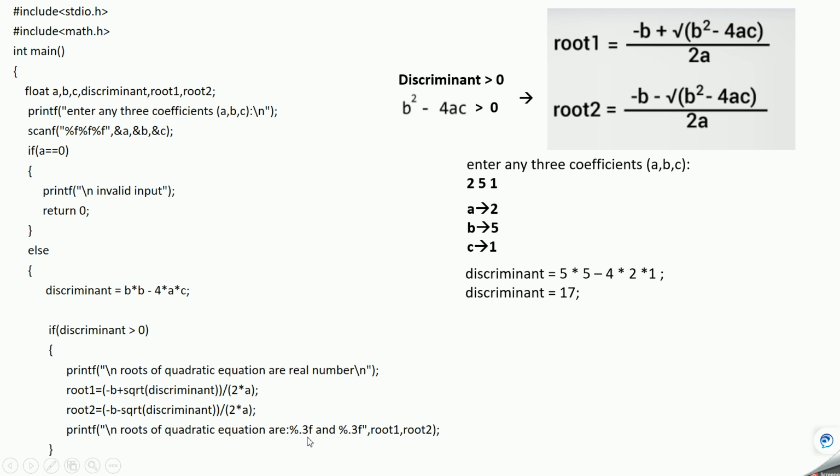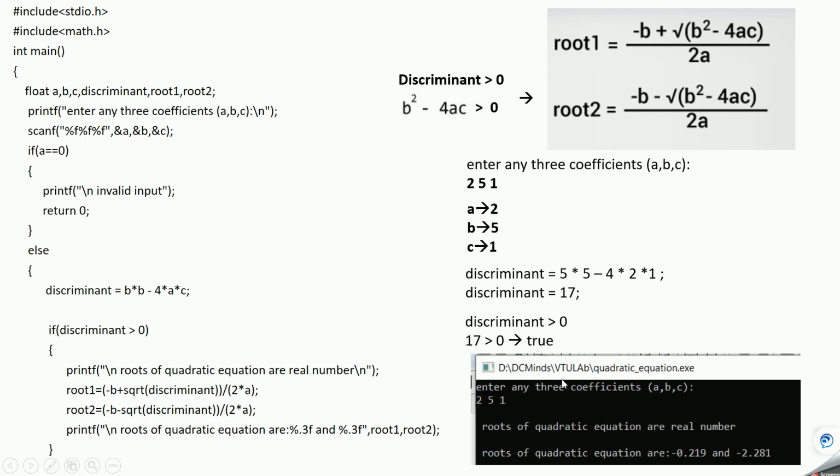Okay, so .3f means 3 digits after the decimal. That we'll see with an example in coming slides. So here it will print this root 1, root 2. Finally, this particular condition is checked, and it is true, so it is coming inside this if condition, and then finally it will print the output like this.